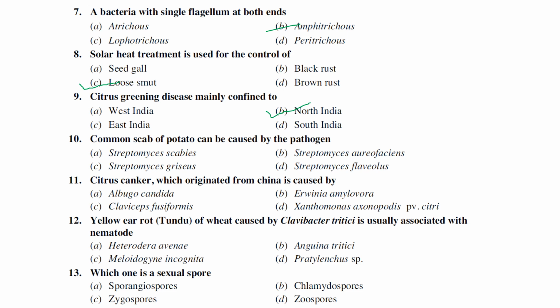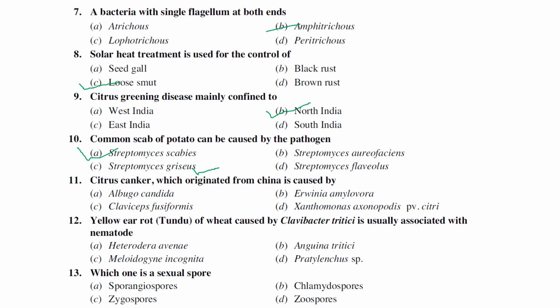The next one is a common scab of potato can be caused by the pathogen Streptomyces scabies, Streptomyces aureofaciens, Streptomyces griseus, Streptomyces fluviaceus. See, generally this common scab is caused by Streptomyces scabies, whereas Streptomyces griseus is an antibiotic-producing organism from which streptomycin